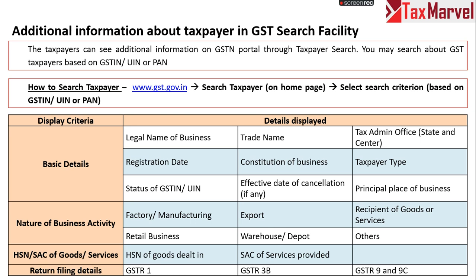Then the principal place of business. Then the nature of business activity which we selected while taking the registration will also be available. In this case, it can be factory or manufacturing, export, recipient of goods or services, retail business, warehouse or depot, or others, right? It has also given one more additional and very important piece of information: the HSN of the goods and services provided by the taxpayer. And lastly, they have also given GSTR 1, 3B and 9, 9C, GSTR 4 and ITC 04,